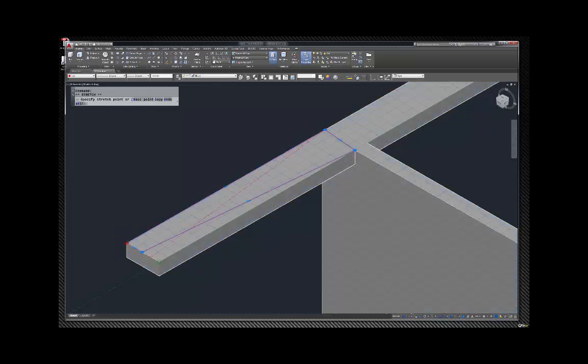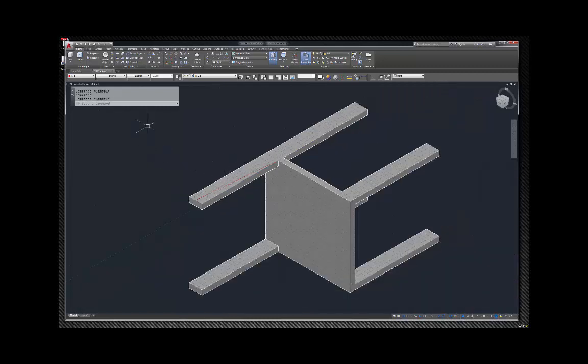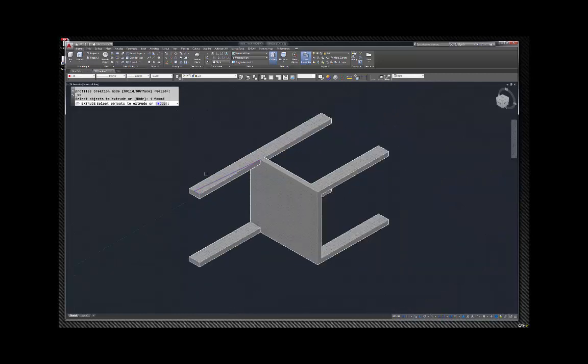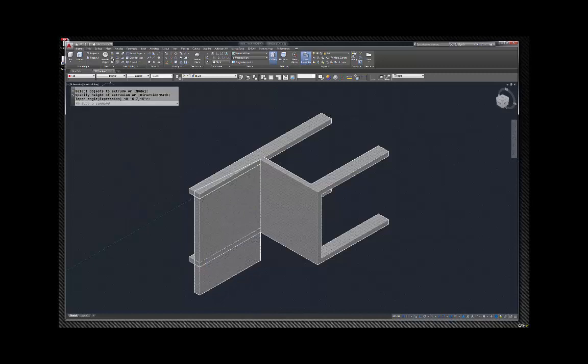I'm going to drag this over here to there. I'm going to drag that to there. There we go. There's my polyline that I want. And I'm going to extrude that polyline all the way through to the other side. And then I'm going to subtract